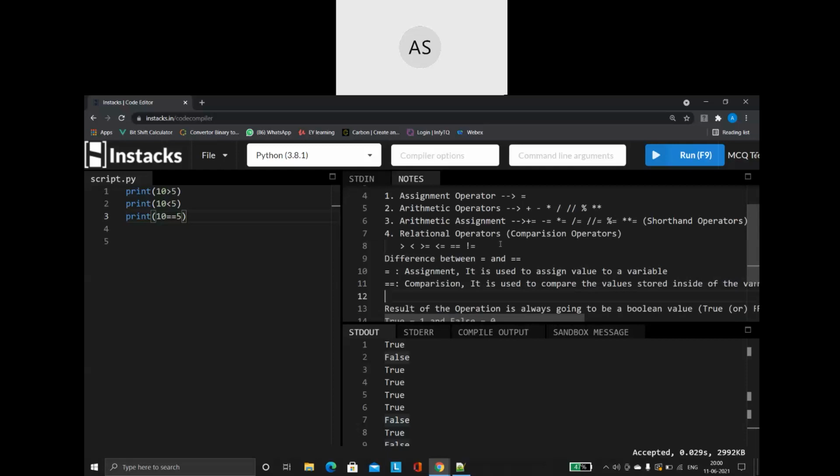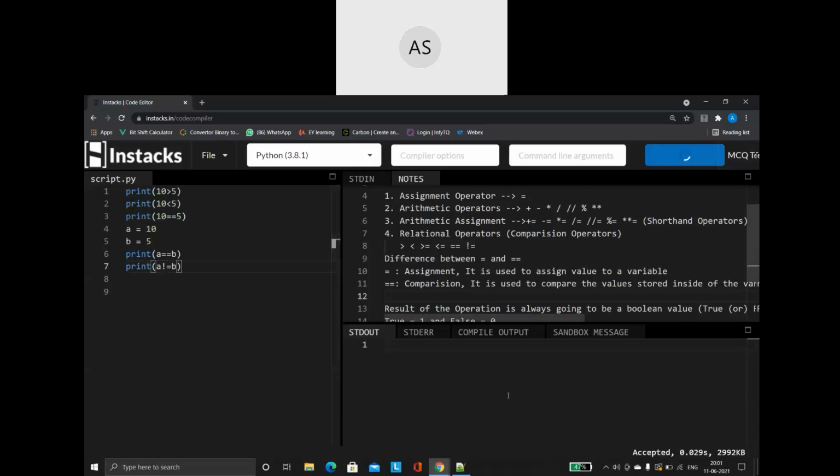So never make the mistake of doing it in a wrong way. Here the double equals to is going to compare whether this number 10 and this number 5 are the same or not. Not only numbers like this, you can also compare like this. I'm saying A is equal to 10. Then I'm saying B is equal to 5. Then you can say print A equal to B. So you can either directly compare the numbers, or store the numbers inside a variable and then do the comparisons. Then the last but not the least, I'm going to say print A not equal to.